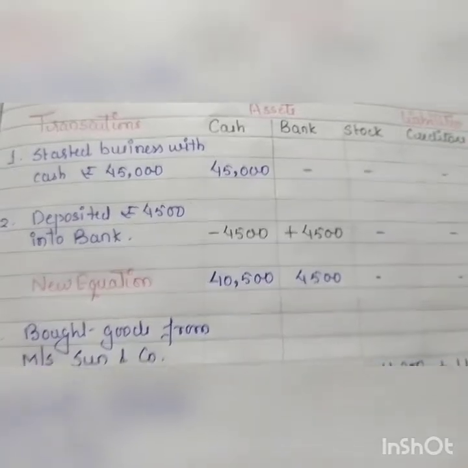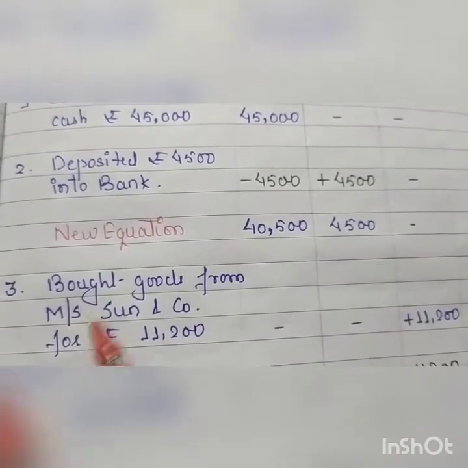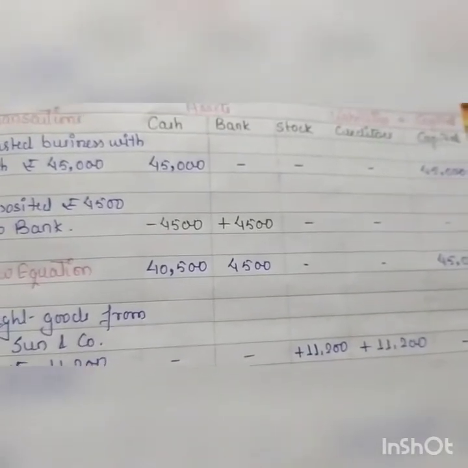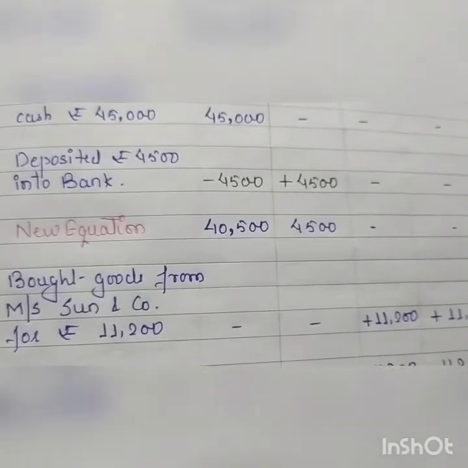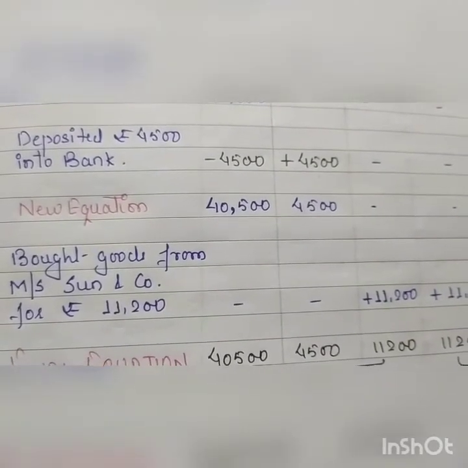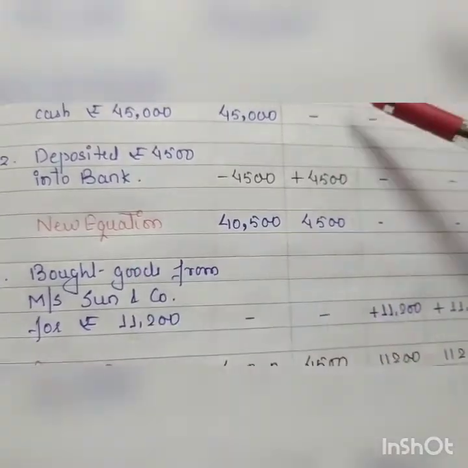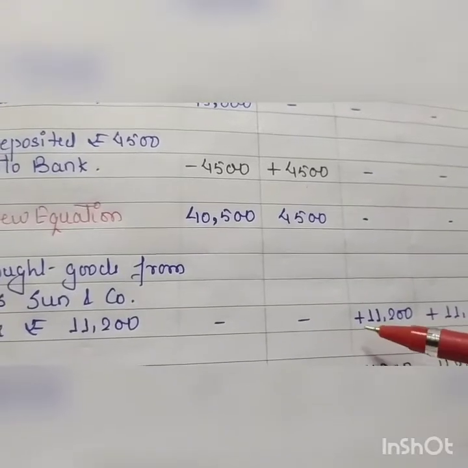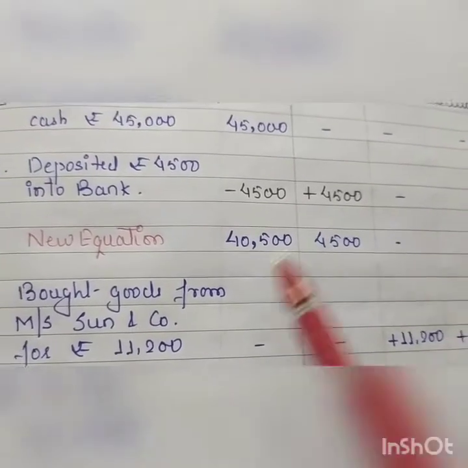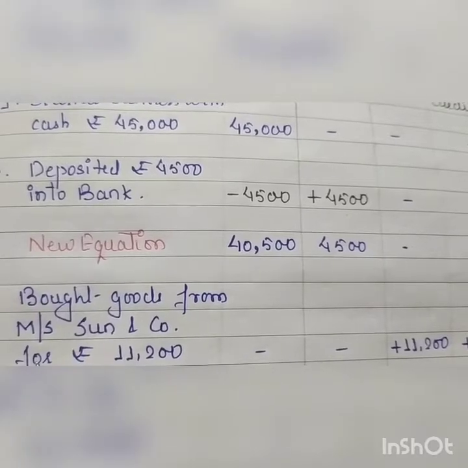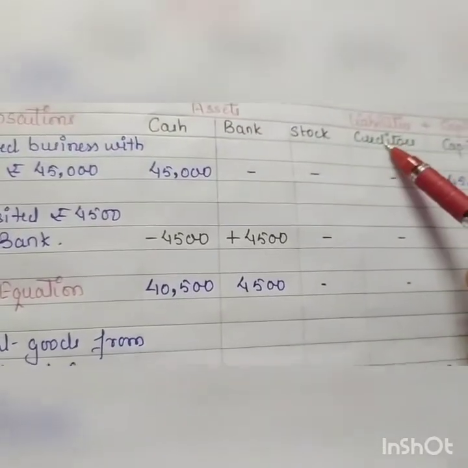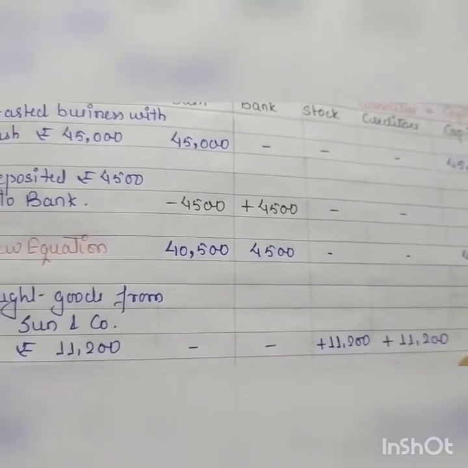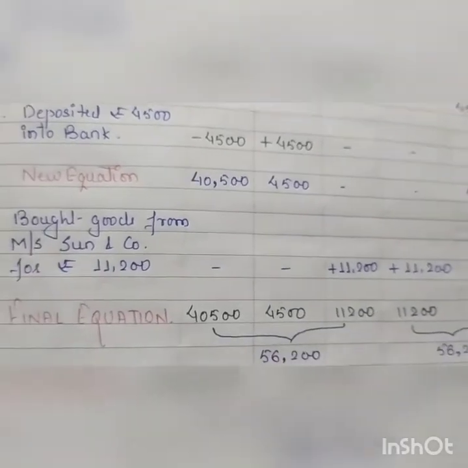Now next transaction, bought goods from Messrs. Messrs means your trader. All right. So bought goods from Messrs Sun and Company for rupees 11,200. Goods means stock. Stock comes under assets. As you can see, stock, increase the amount, and because name is given without the word cash, creditors will arise. Alright, so your stock and creditors increase by the same amount. Final equation,